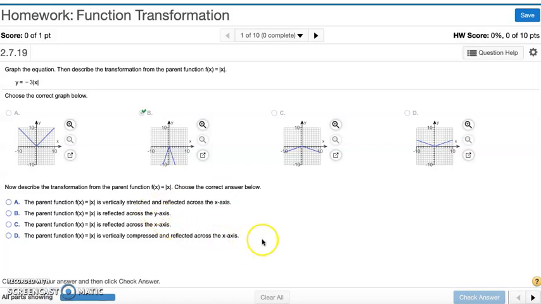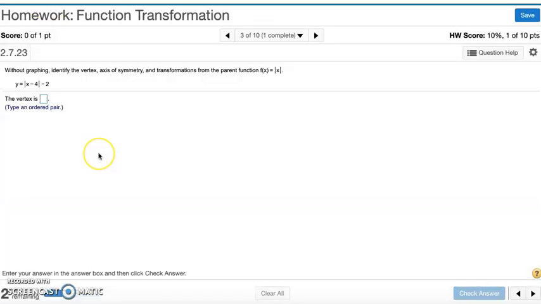So now describe the transformation from the parent function. So it reflected across the x-axis and the graph was stretched vertically. So we're going to say A. And that's number 1. Going to number 3, without graphing, identify the vertex, axis of symmetry, and transformations from the